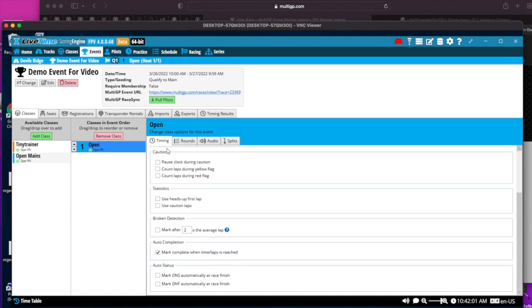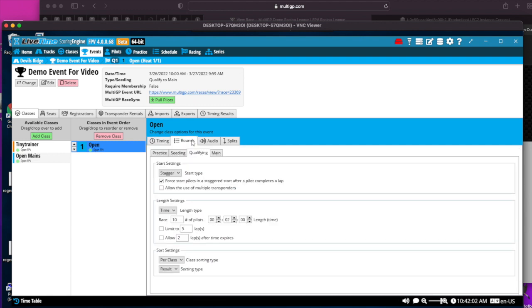So that's for timing. Under rounds, if you're going to do like a fastest 3 consecutive lap qualifying type, you'll do stagger start. Everyone does not have to launch at once. It's going to be a timed race at 2 minutes. So I have it set for a 2-minute countdown. I am going to sort the settings based on top 3 consecutive because that's the format that I'm using for